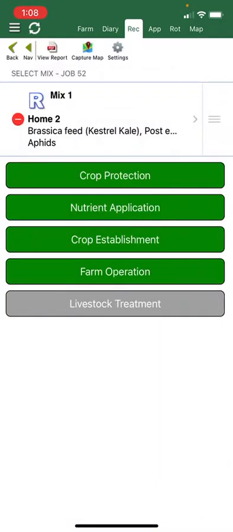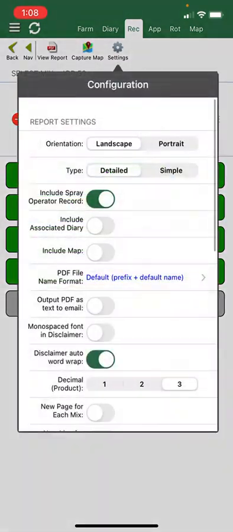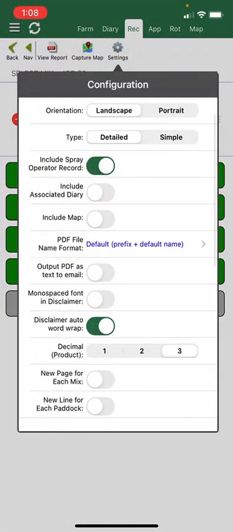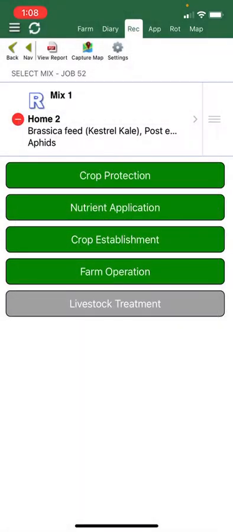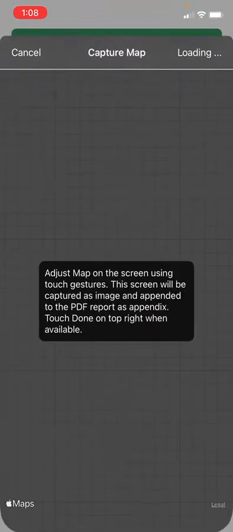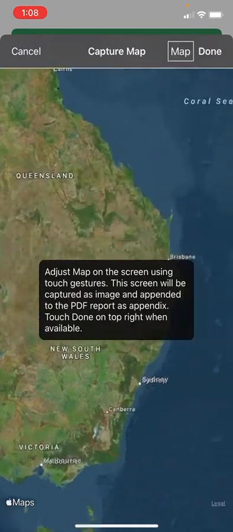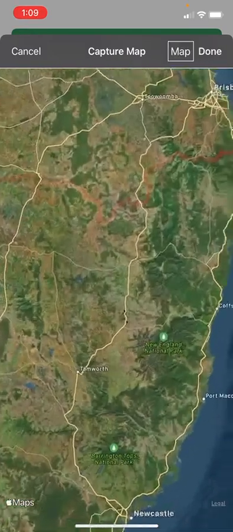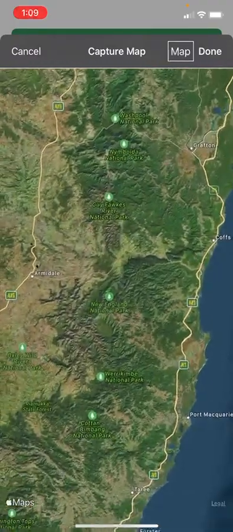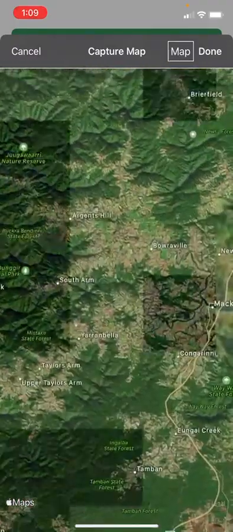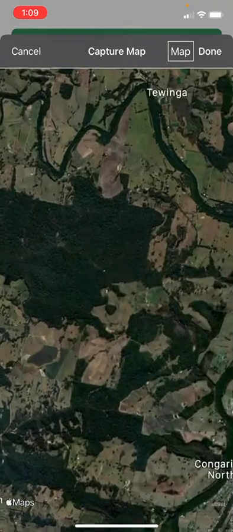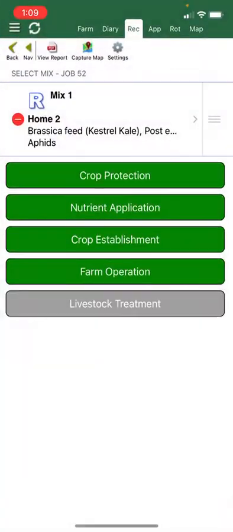You can see that mix. From here, there's a couple of options. If we go into settings, if we now go to include map, we can then go to capture map in this field, scroll down to wherever my paddock is. I'm not sure if I've got any paddocks in this one. So scroll down as far as you can to your paddock, press the done button,